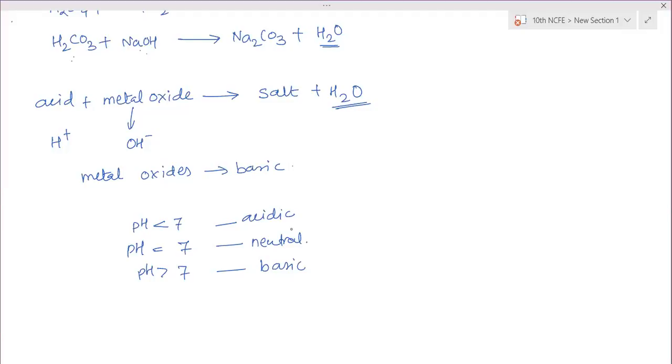Clear? Yes, ma'am. Ma'am, but there are acids which have pH less than 0. pH less than 0 is not there. 0 is the least value. Ma'am, like minus 33 for fluoroantimonic acid. The concentration may be there, but a pH value of minus 33 is for different indicators. Normal, general pH is from 0 to 14 only.